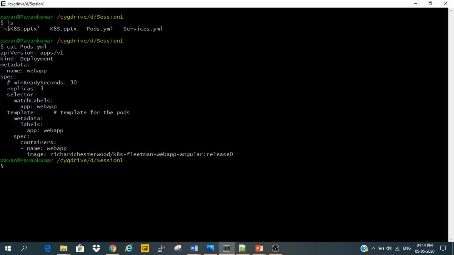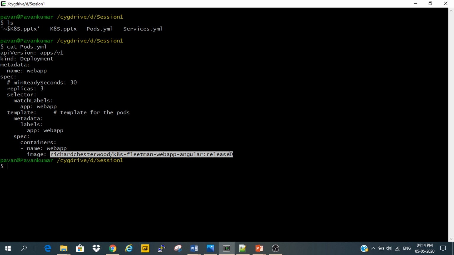At any cost, at any time we want 3 replicas. That means the application under the container section, with its image, should at any time be running on 3 pods. If you kill one pod, it will rebuild that pod.